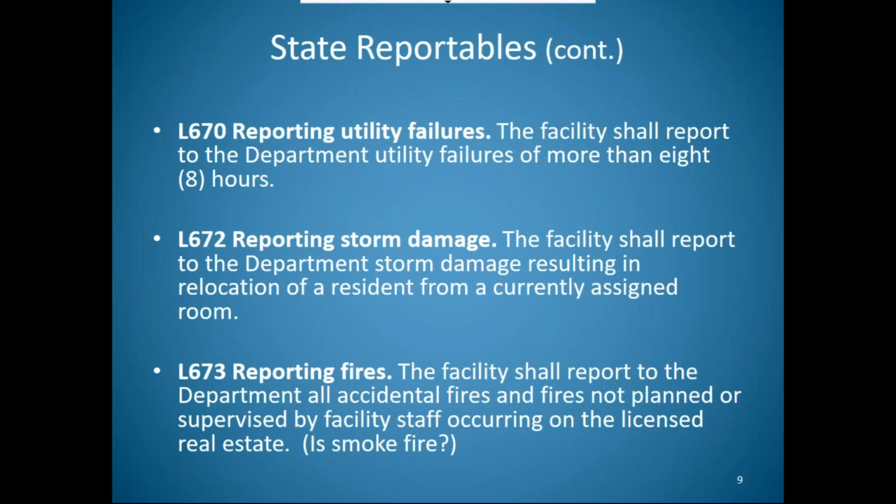Something that you need to think about here too is smoke versus fire. Just because there's smoke doesn't mean it needs to be reported. For example, let's throw out popcorn. If you have somebody in the facility that burns their popcorn, really gets it to smoking, I mean they really burnt it, it's smoking, it triggers some smoke detectors possibly. If it didn't actually catch on fire, that's not reportable. There was no fire, there was only smoke.